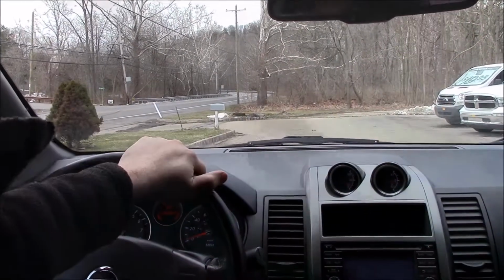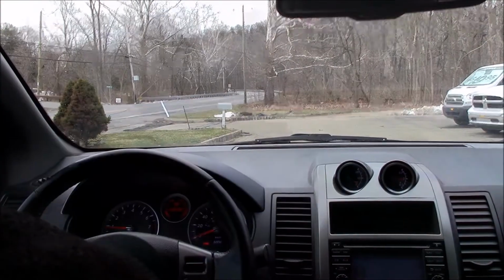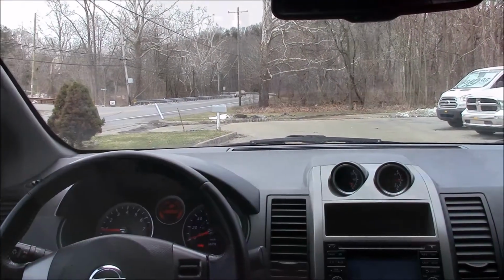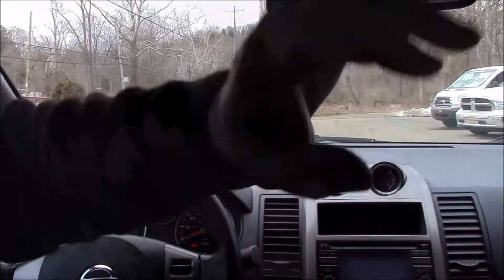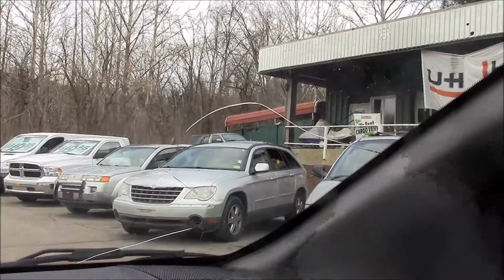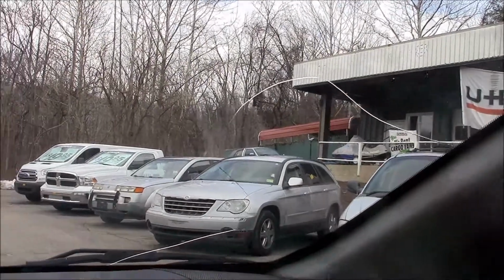All right folks, so that's it. 2010 Nissan Sentra SER Spec 5. And like you can hear me here banging the shifter around, that's obviously a manual transmission. So if you're familiar with that, that's great because that's what the transmission is. Just want to show you this as well. That is a crack in the windshield. So a couple minor things here and there, but overall, I personally like driving sticks,